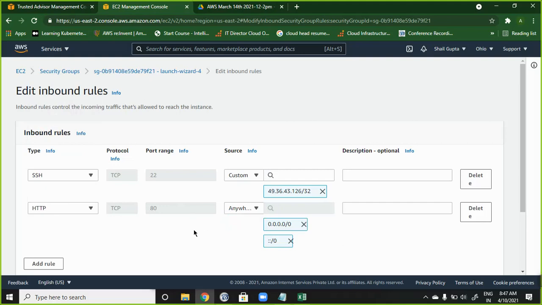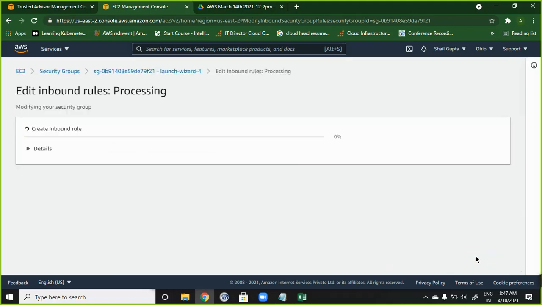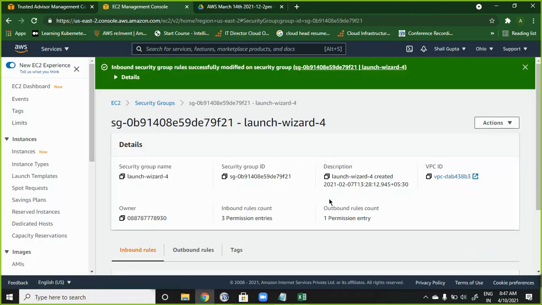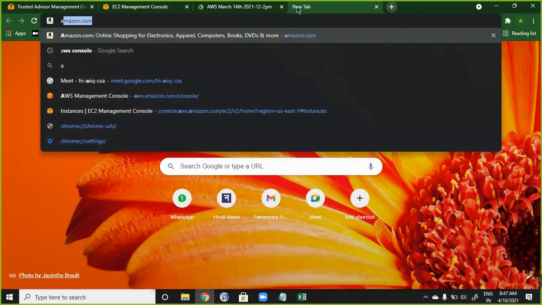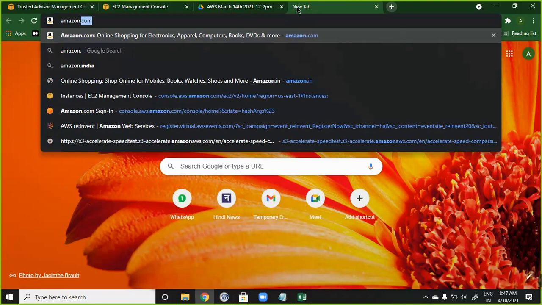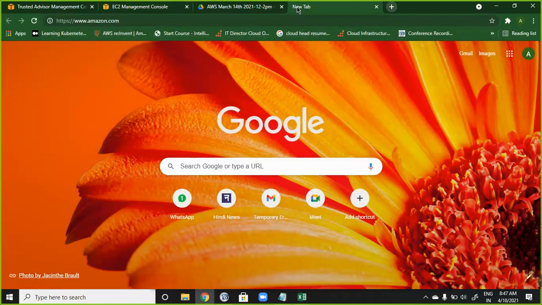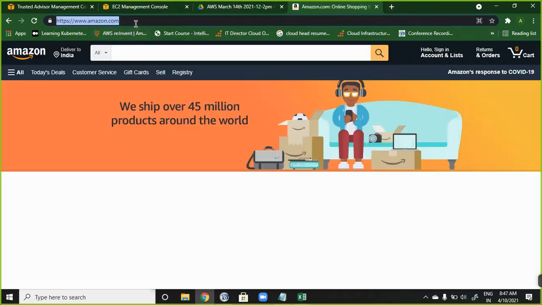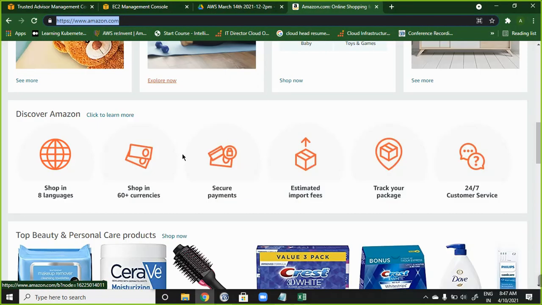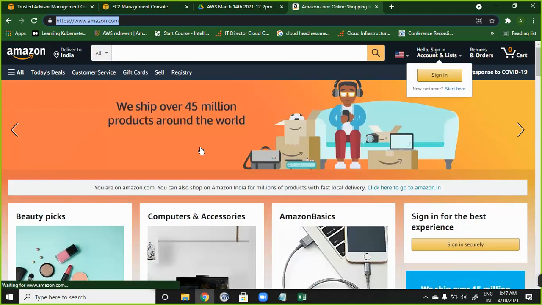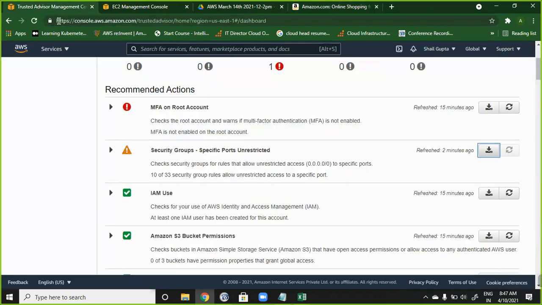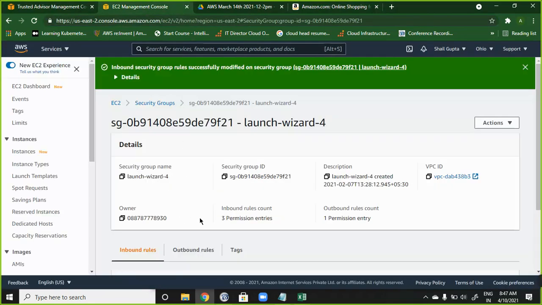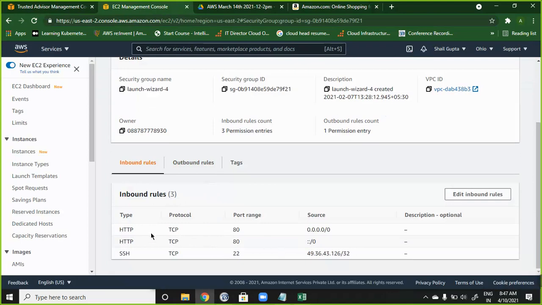If I select anywhere and click on save, it will not show the risk, because if I open amazon.com, it means port 80 is open for all. Anybody can open this website. Then the risk will not come, because the purpose of HTTP is for all only.